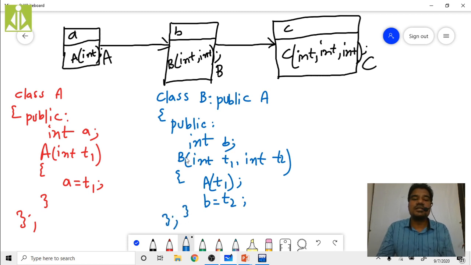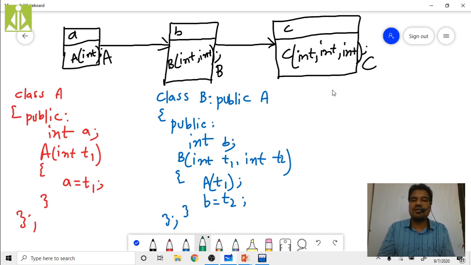When you are creating the object of B class, it will receive two parameters. One parameter, it will initialize to B, that you have already seen, T2 to B. And using the other parameter, it will call the base class constructor. So this T1 will get copied into this T1, and then finally the T1 will be initialized to this A. Like that, the initialization takes place.